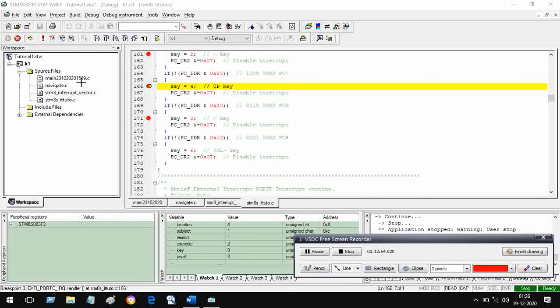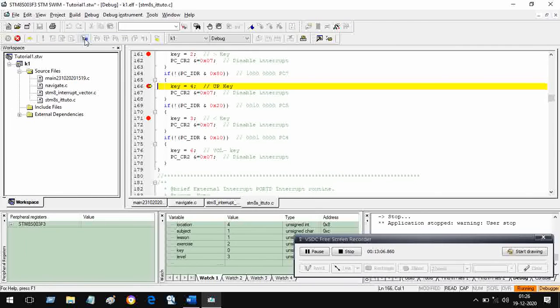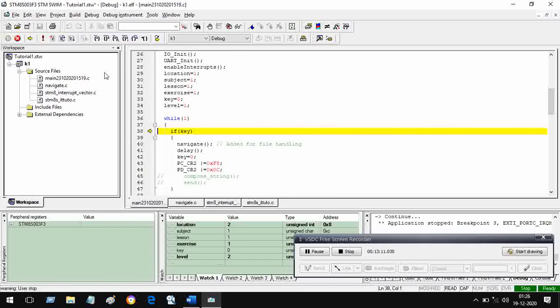I'm just trying this navigate. Okay, so I finished. I don't want to do that. Now I make it move forward, and I stop because it has taken action. Hopefully, yes. So from level 3 we have gone to level 2 because we used up key number 4.